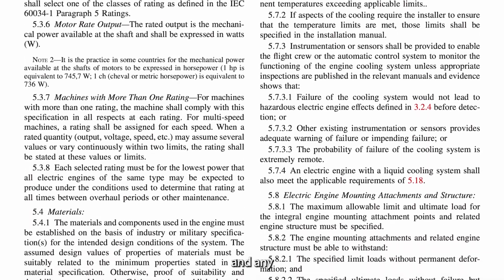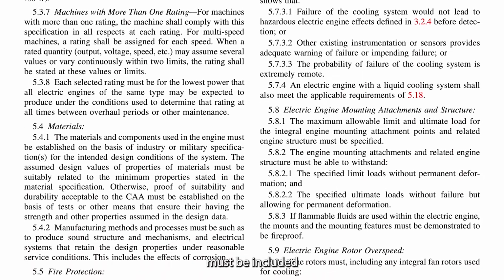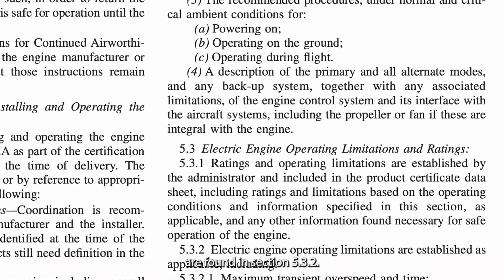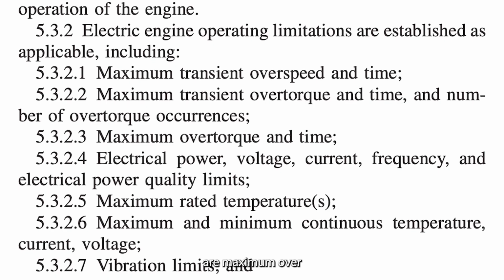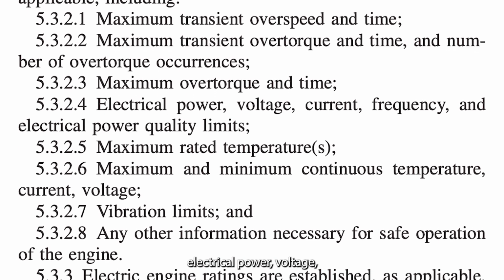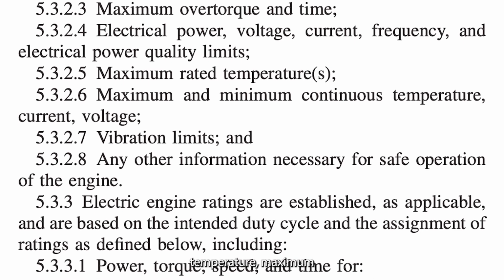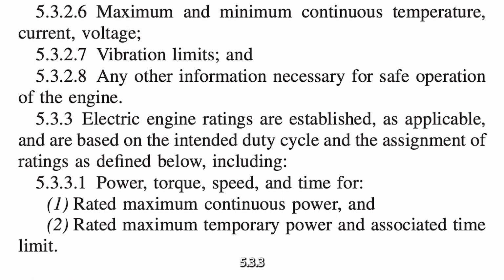This information and any additional information necessary for safe operation must be included in the product certificate datasheet. These limitations are found in Section 5.3.2. Some examples are maximum over torque and time, electrical power, voltage, current, maximum rated temperature, maximum and minimum continuous temperature, and vibration limits. Ratings found in Section 5.3.3 are based on the intended duty cycle and are defined by power,